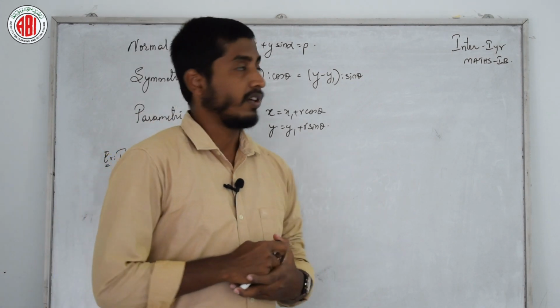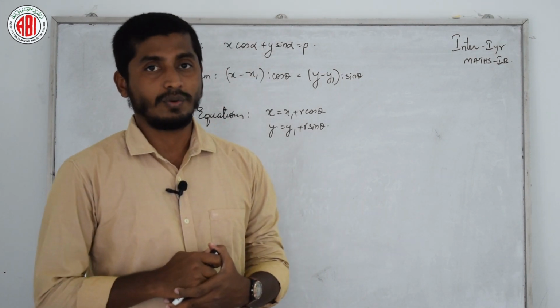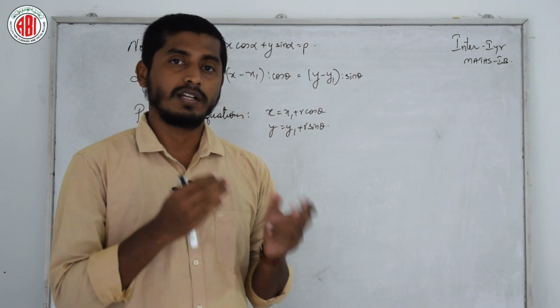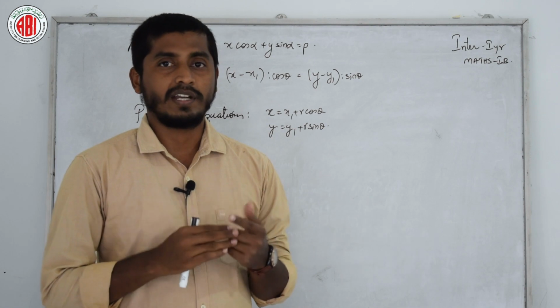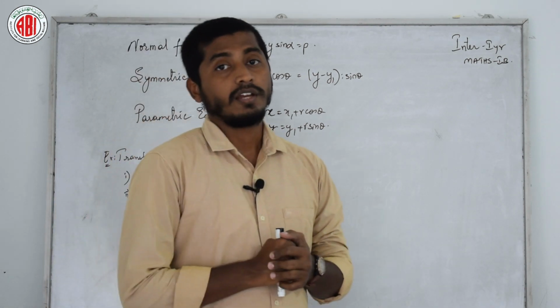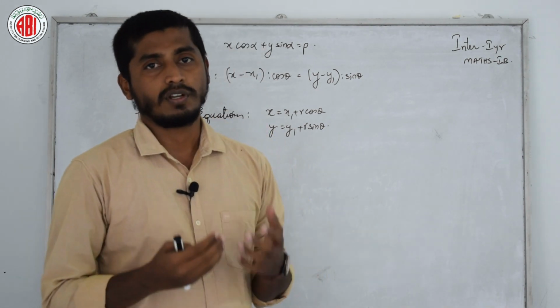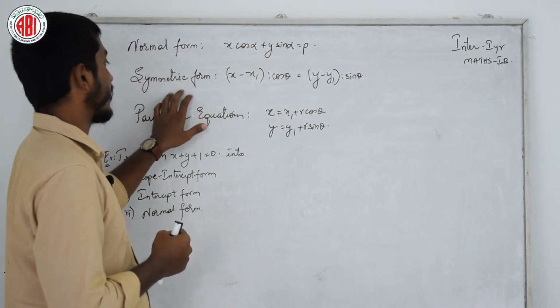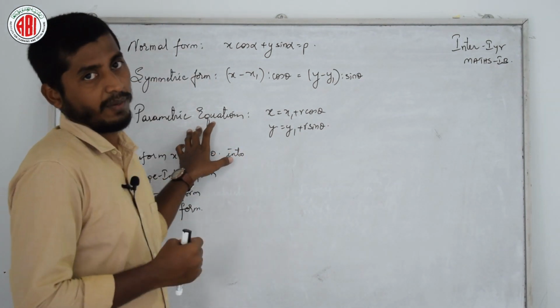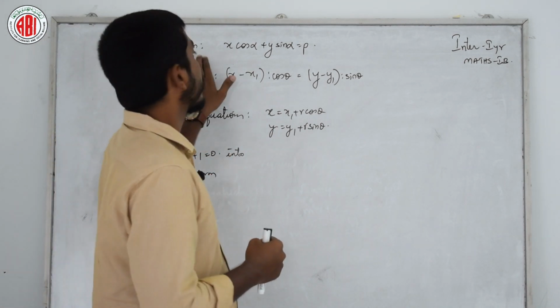Here today, till now we have been discussing the locus, transformation and a few topics of the straight lines. That is, we have discussed a few definitions of the slope and the different forms of equations such as slope form, slope intercept form and so on. Today we are going to discuss a few more special forms of equations such as normal form, symmetric form and different kinds of parametric equations. What is a normal form?